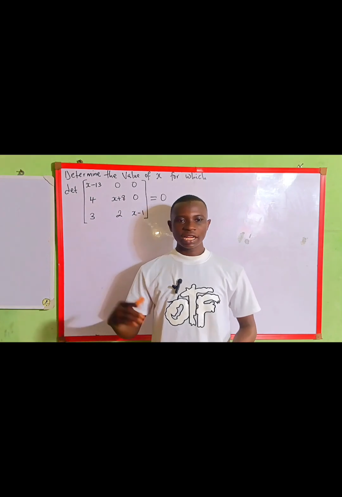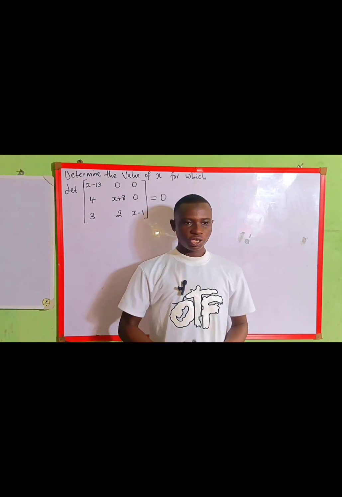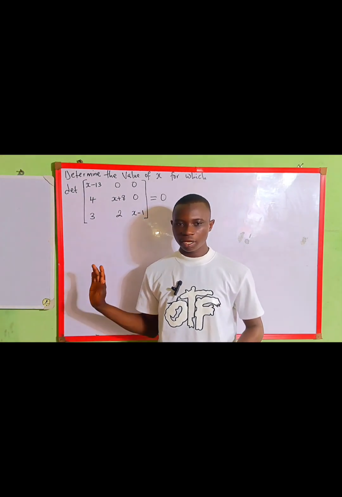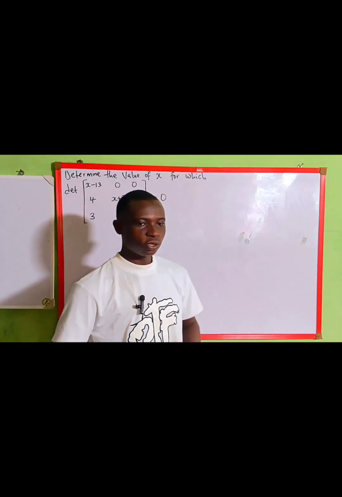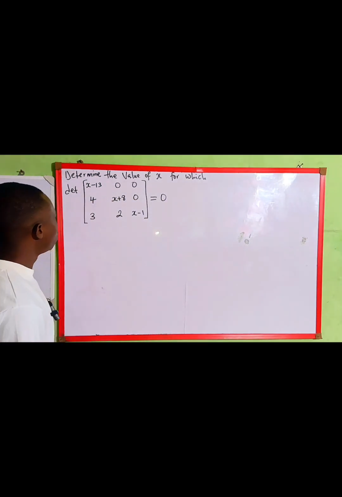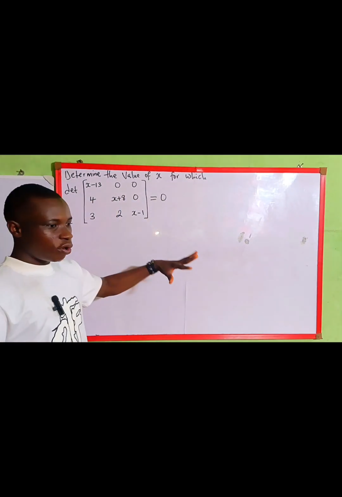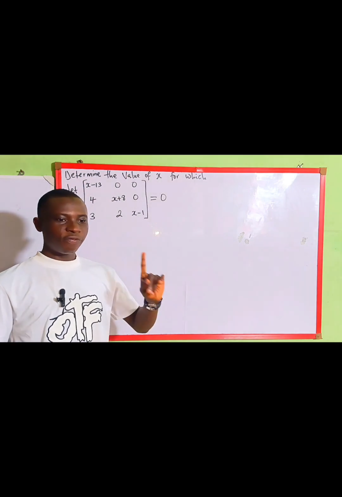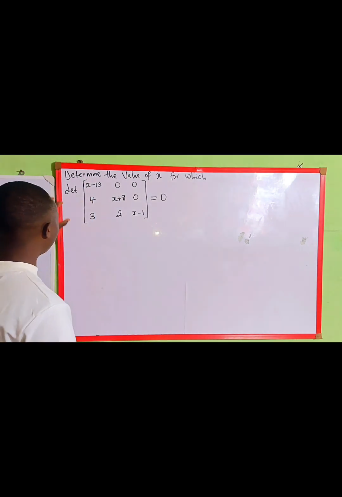Hello everyone, we are asked to determine the value of x from which the determinant of this 3 by 3 matrix is equal to 0. So this is a matrix equation. To determine the value of x from this matrix equation, the first thing we need to note is